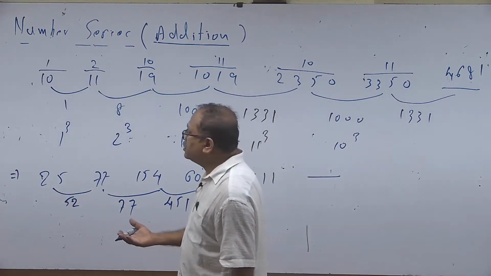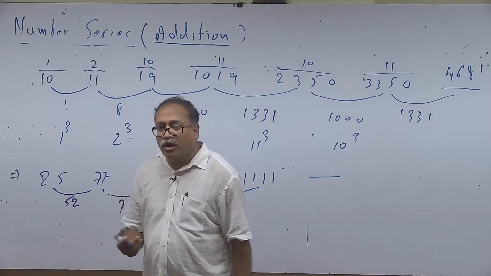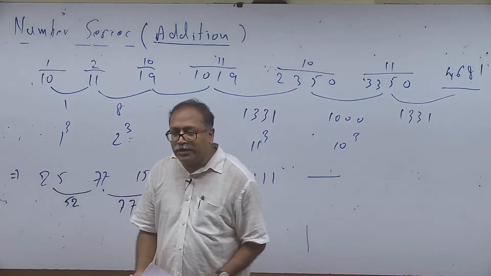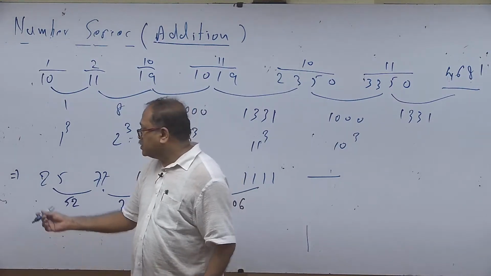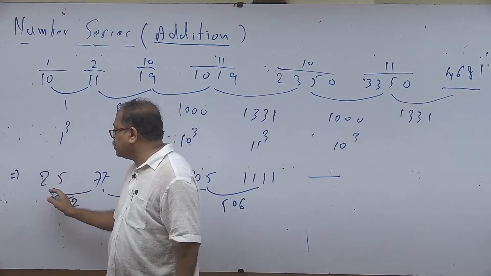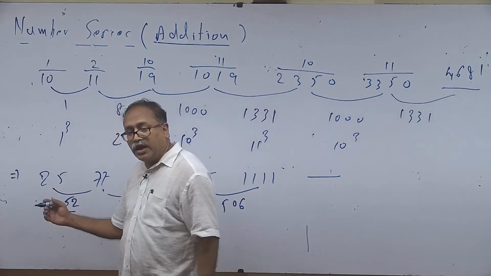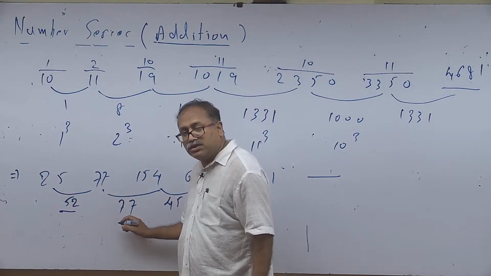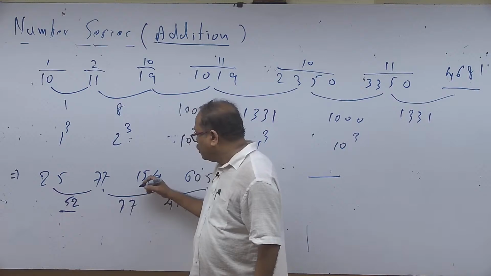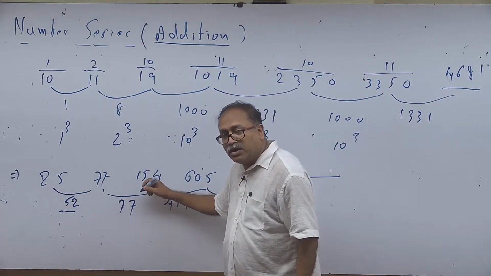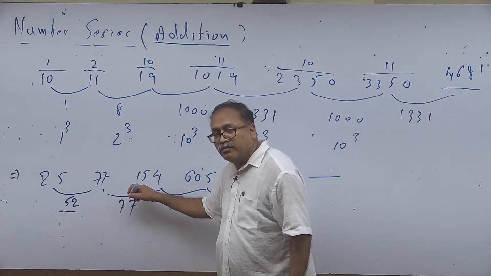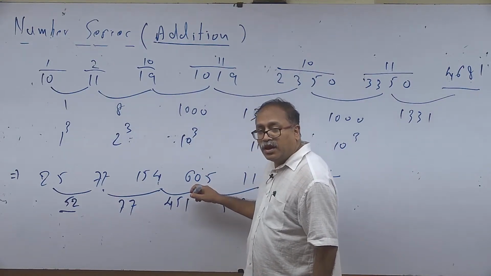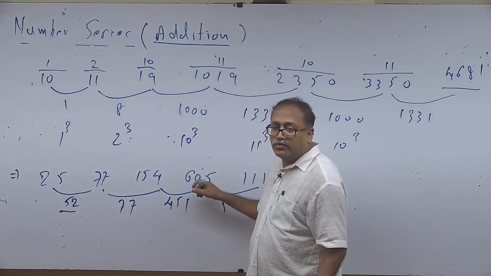Reverse, the mirror image of the number, or you call it reversing the digits and adding to the same number. So that is 25, if you reverse it you are getting 52, add it to the number, you got 77. Reverse it, you are getting the same thing, 77. Over here, reverse this number, 451. Now 451 when you add, you are getting the next number, and in the same logic we should add 506